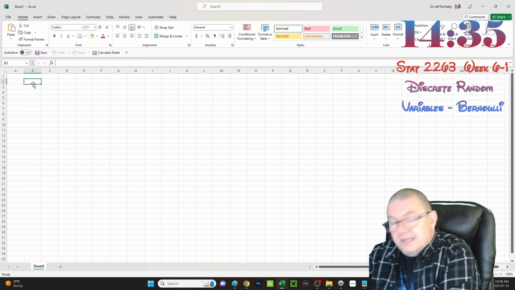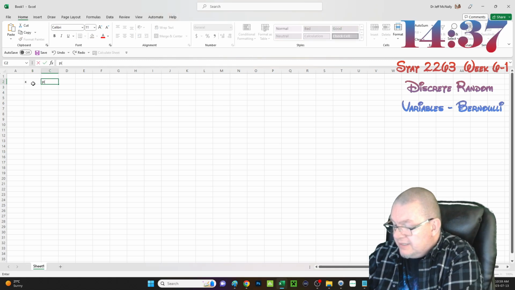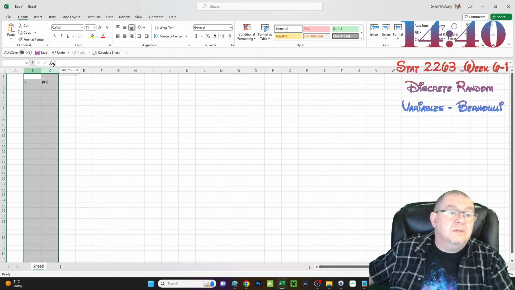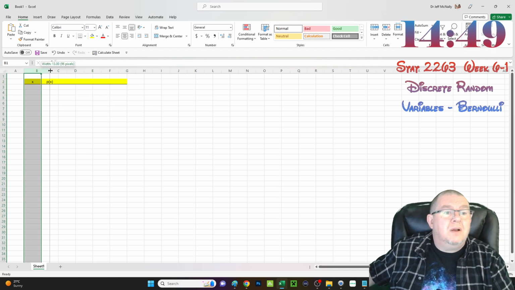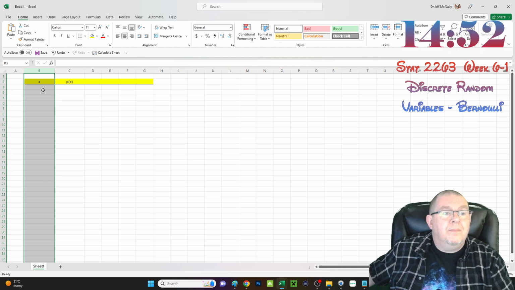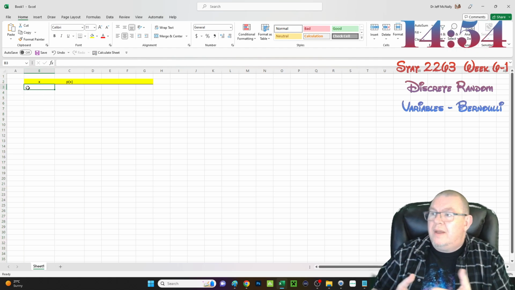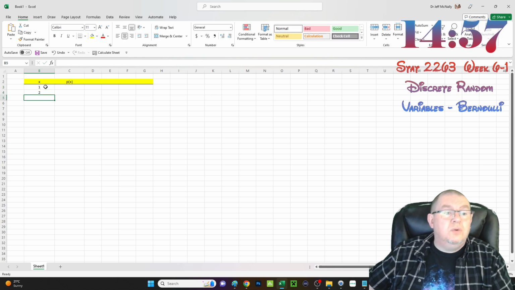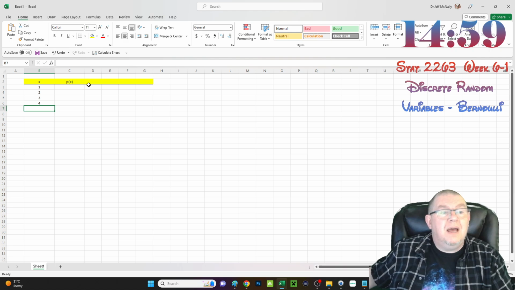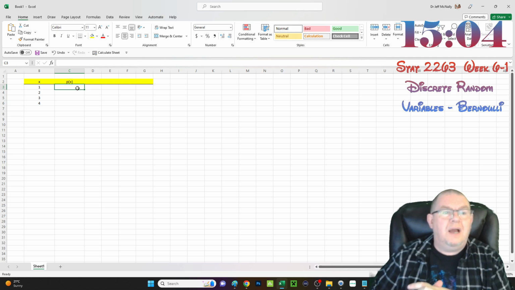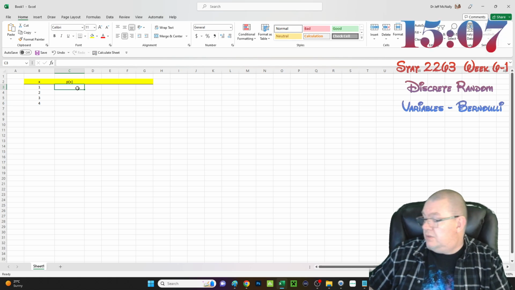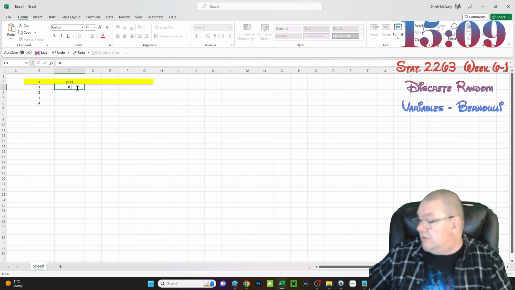One of the nice things in Excel is I could work out x and p of x. I'm just going to center these, highlight this with an underline, and make my columns a little bit bigger. I have to type in what I think my x values are. So 1, 2, 3, 4 is where we've been at. And then I can use a nice piece of Excel work. I know that p is 0.1, so I'm going to go 0.1